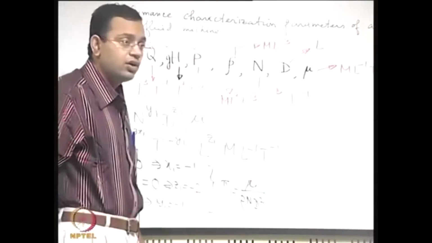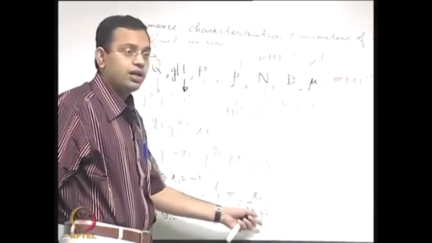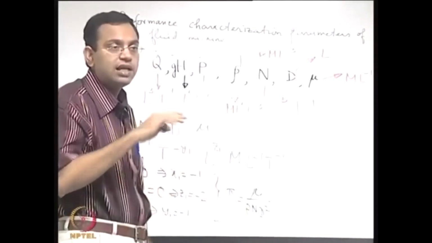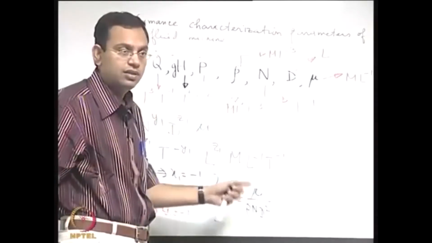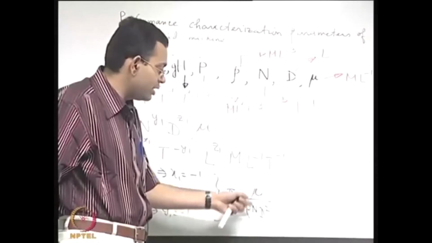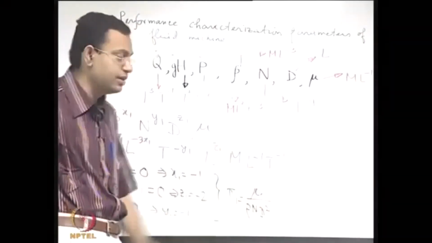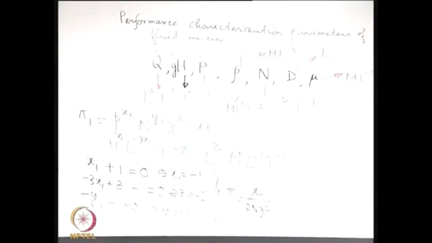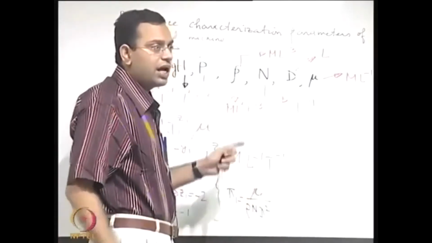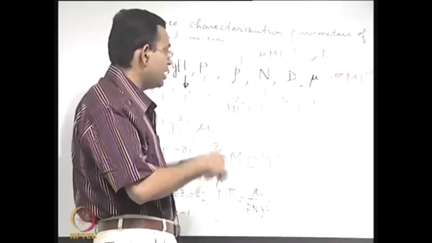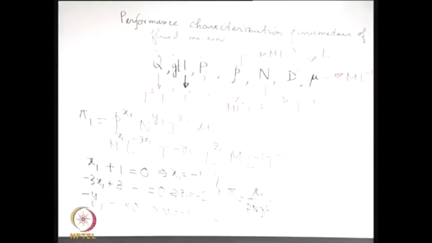You can see that it is a sort of a Reynolds number, because d into n sort of gives a velocity which is like the tangential velocity, just like v equal to omega r, that one. So therefore it is like mu divided by rho into some velocity into d. So 1 by Reynolds number type of field it is giving. We will not concentrate so much on these dimensionless parameter, because many times for very high Reynolds number flow the effect may not be so sensitive to the Reynolds number that we have seen, but other parameters should be of greater importance, and we will concentrate more on the pi 2, pi 3 and pi 4.